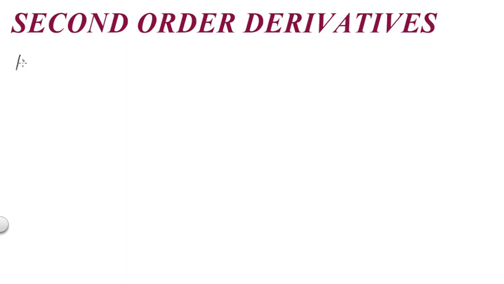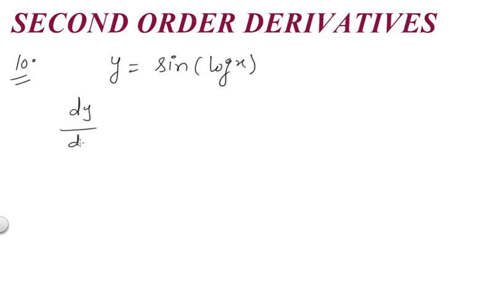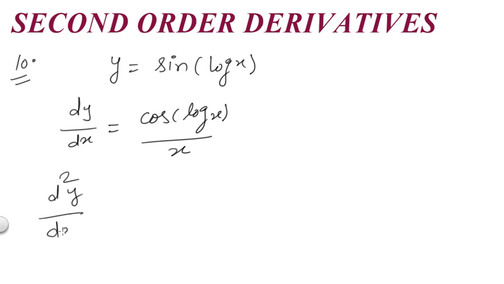In question number 10, we have been given the function as sine of log x. Let us first differentiate it with respect to x. We get sine of log x will be cos of log x, and then differentiation of log x will be 1 upon x. Clear? This will be there. Now differentiating it again with respect to x, we get the answer as,